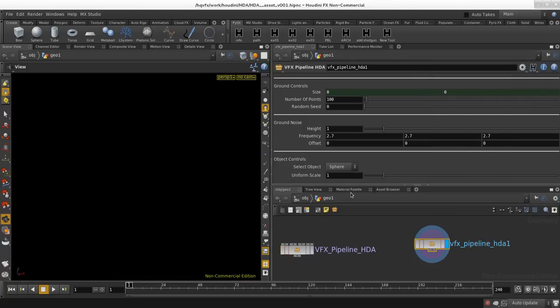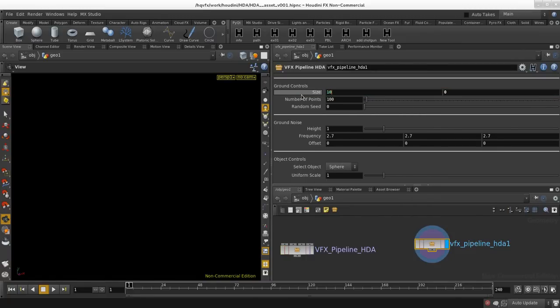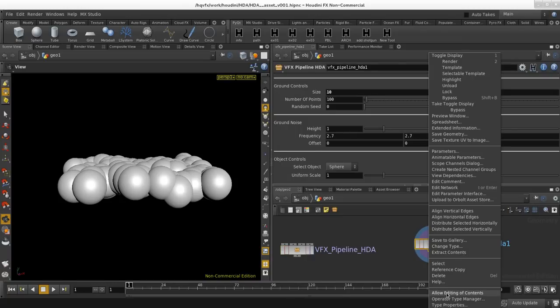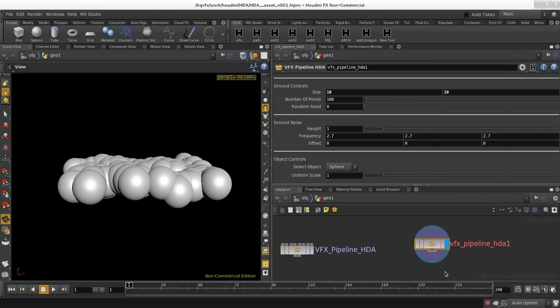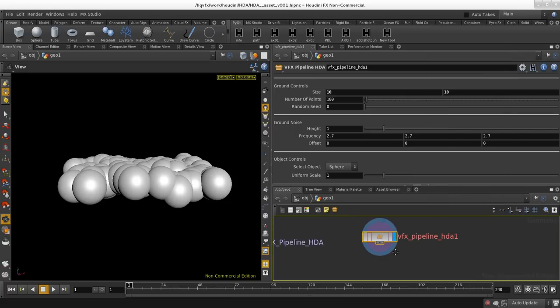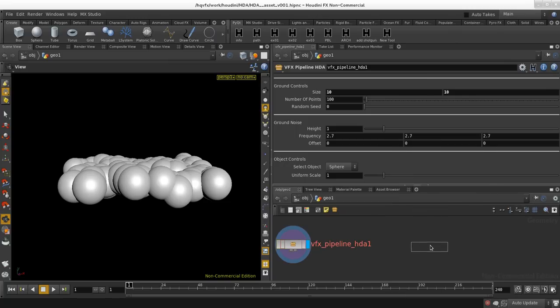We want to fix this, because this is already keyed there, so that's why there's no size to fix that. If you want to change that, you can delete the channel 10 and 10. So with that you can change the size, and you can use allow editing of content, and after that you can save operator type. So next time if you create this digital asset VFX pipeline HDA,